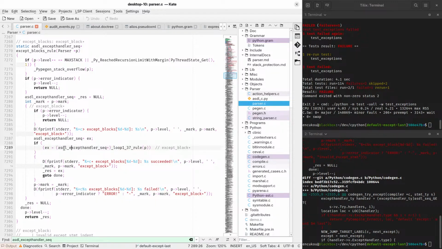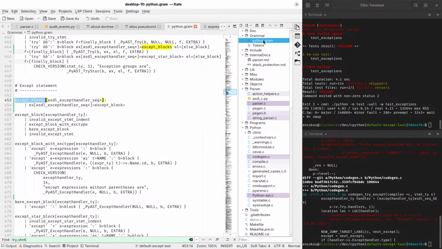So apparently the elements of the ASDL accept handler sequence are basically subtypes of whatever the type name was before. That's nice. Okay. And now what I need to do is somehow break this up into two cases, because we